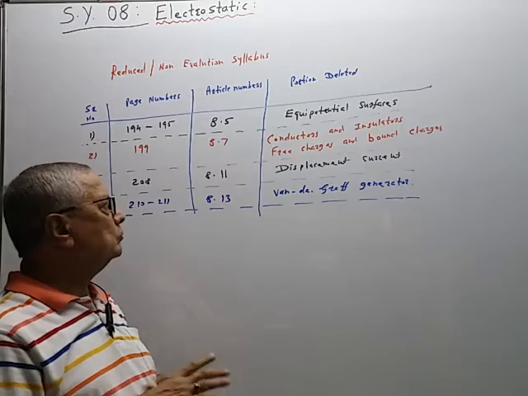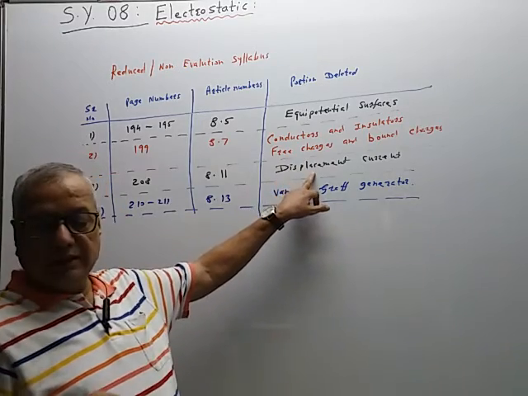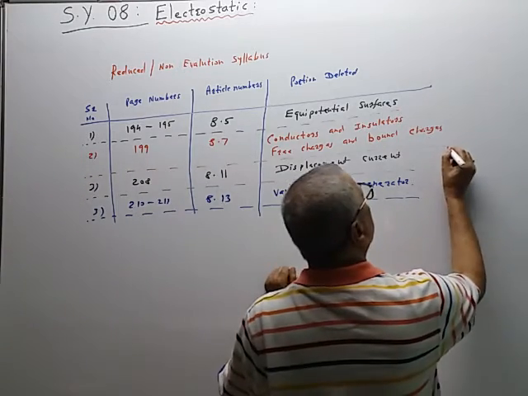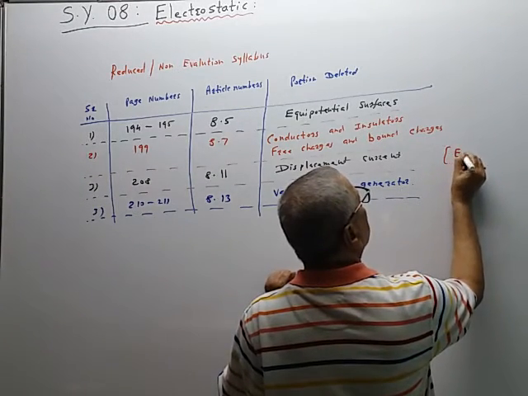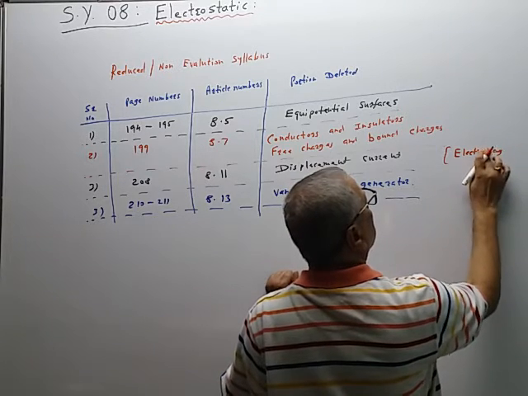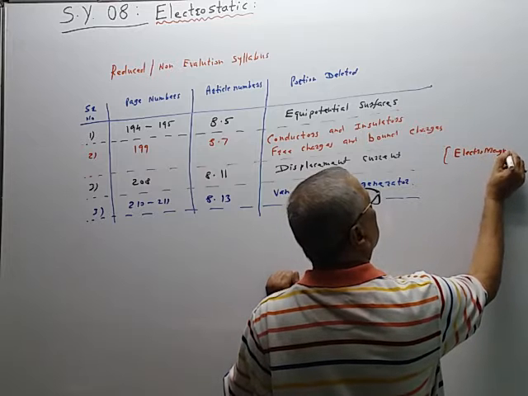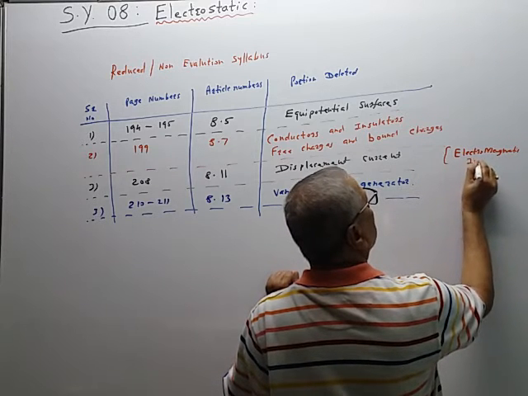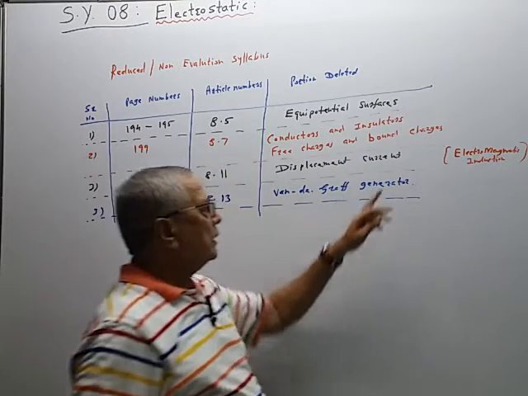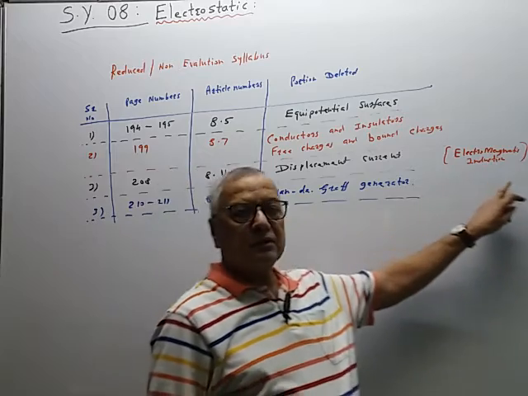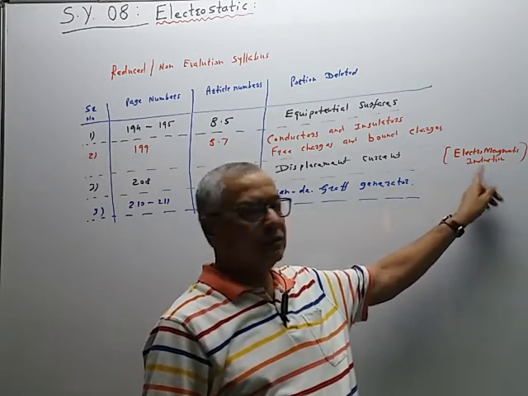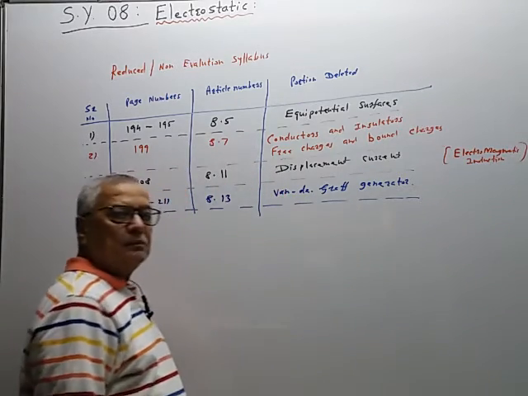So this article, displacement current, we are going to study in electromagnetic induction. The chapter electromagnetic induction, EMI is the short form. It is better to study this article in the chapter electromagnetic induction. हे आपण ते घेणार आहोत, पण ह्या चॅप्टरमध्ये घेणार आहोत. व्हॅन डे ग्राफ जनरेटर मात्र आपण काही घेणार नाही.